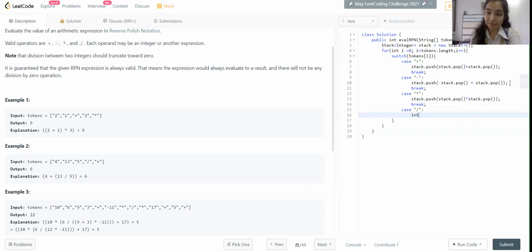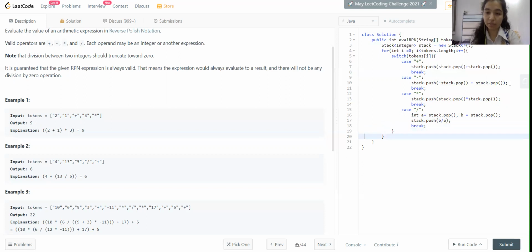Instead of having a negative or positive sign, we take two integers, a and b. A equals stack dot pop, and b equals stack dot pop. Now we push b divided by a, because the second element should be divided by the first, not the other way around.